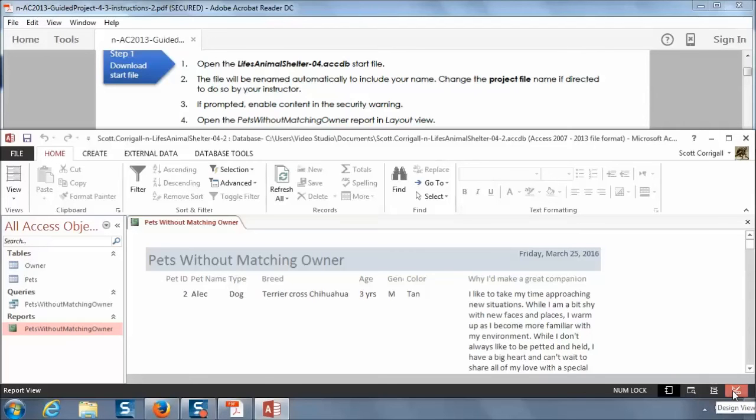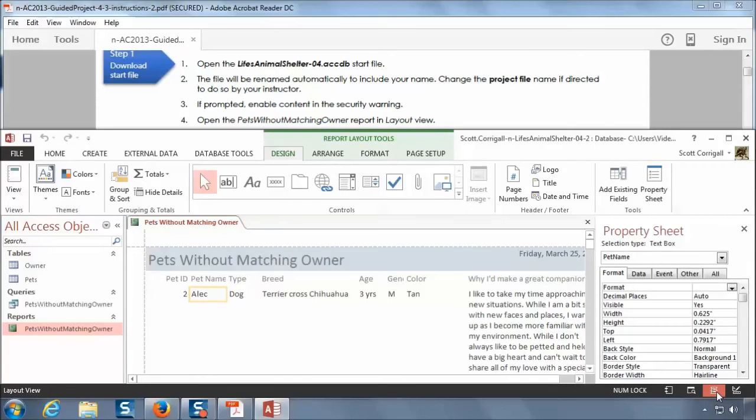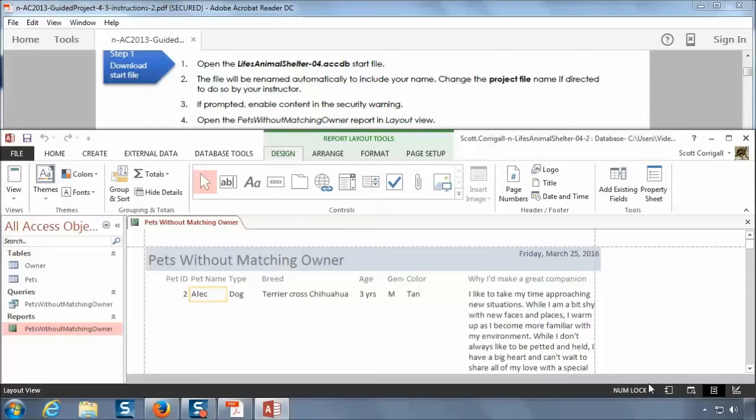You'll see that each of these options has a different layout. I want layout view, so I can click the third one, and it looks almost identical, only the property sheet opens up. It might not open up on yours. I'll close it so we can see the whole page. And you'll see we can click on individual boxes